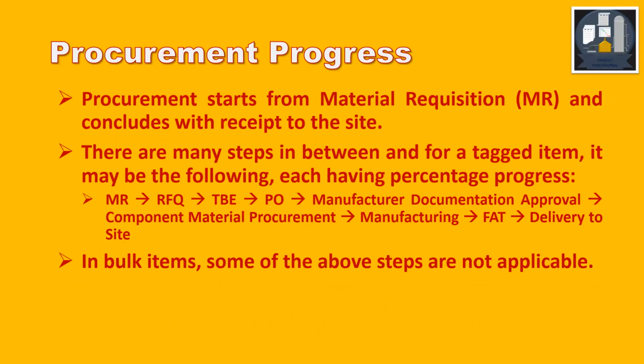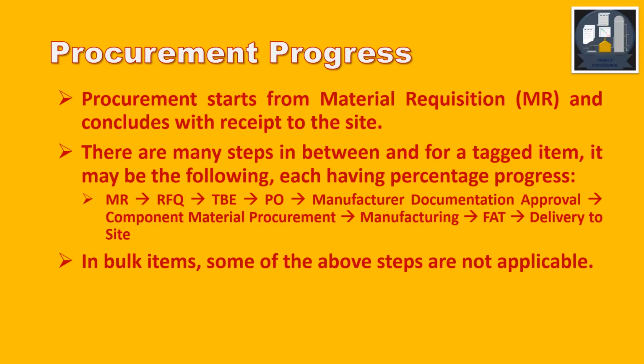Procurement progress. Procurement starts from material requisition and concludes with the receipt to the site. There are many steps in between, and for a tagged item, it may be the following, each having percentage progress. MR means material requisition, RFQ, request for quotation,